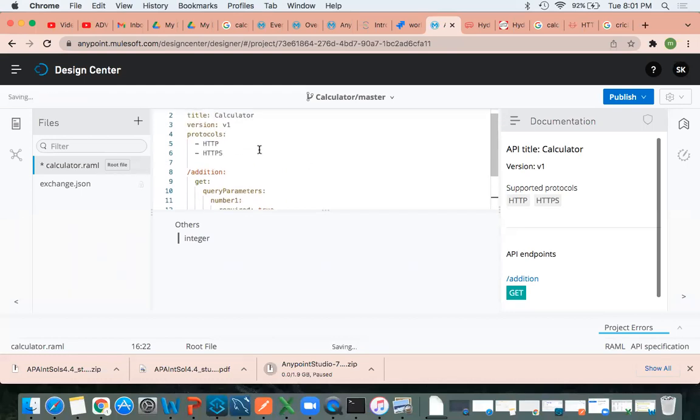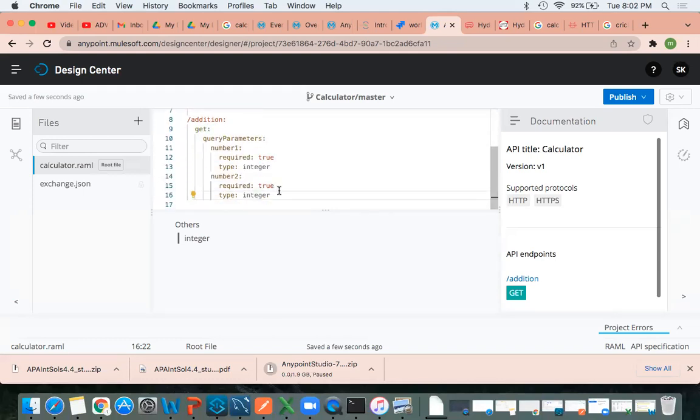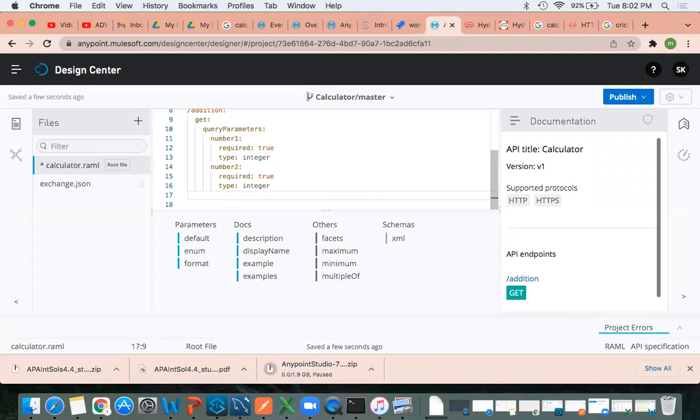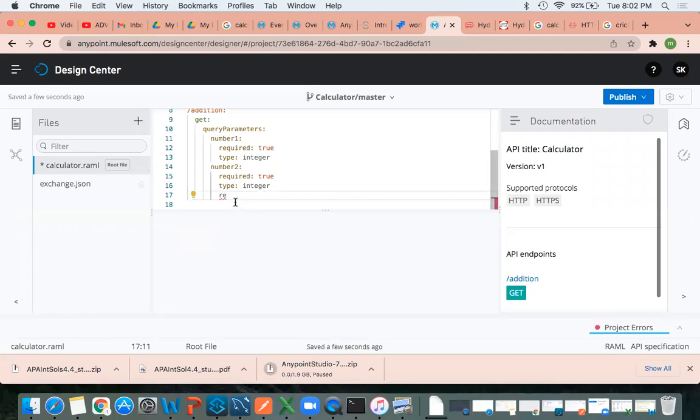Now, resource path is done, method is done, request is done. What is the next step? Response. If I write response, it is not coming. See, indentation. We need to